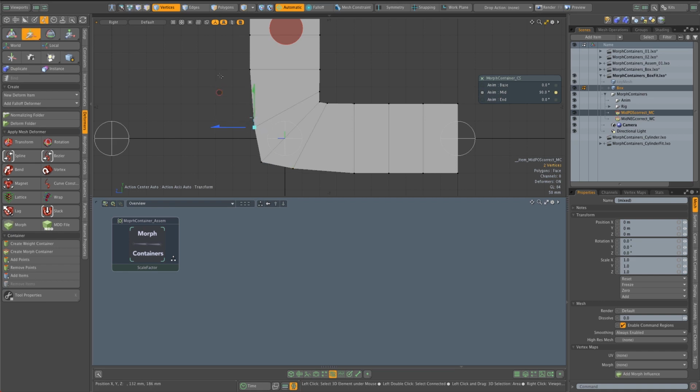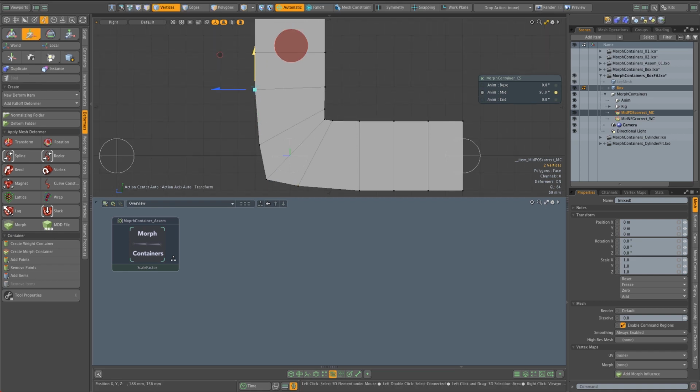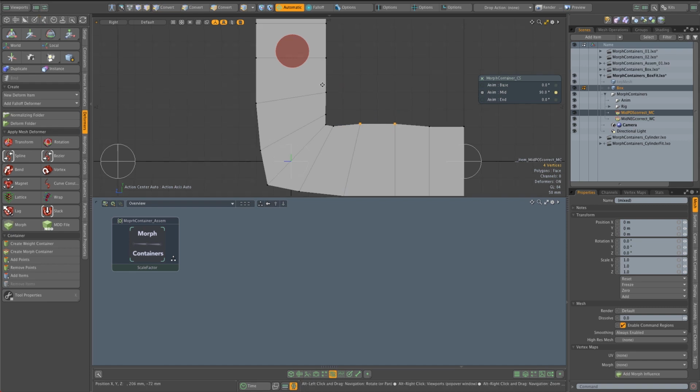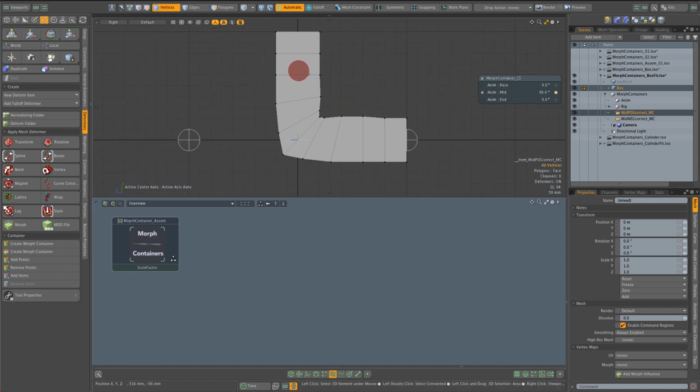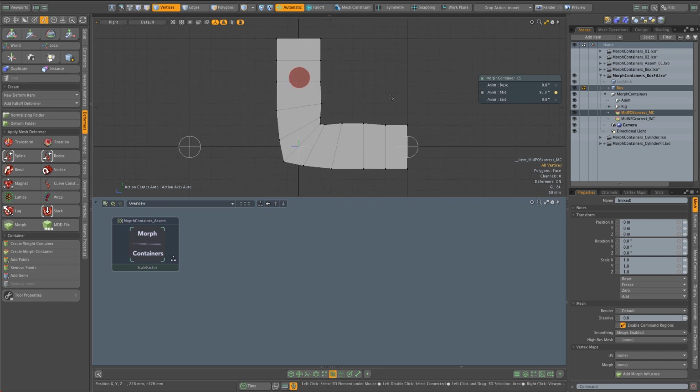So just do something. I'm being maybe a little heavy-handed with this to show what it's doing. Why not add a little bit of a bulge, just because, why not? Do this here. Okay, so now if I adjust this down, you'll see that this shape correction is already baked in. And this is the power of what a morph container gives you, especially in a more complex rigging system,